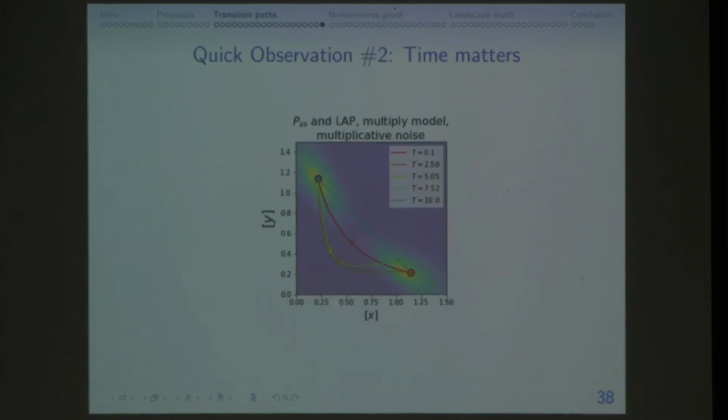Real quick, are you saying that it has to take exactly 10 seconds to get there? Or are you saying that within 10 seconds, what is the most likely path? It's a good question. Obviously, if you were to simulate the system, you would almost never find that it takes exactly 10 seconds. Maybe you could get it to do 10 plus or minus 1 second or something. So if you want to refine it, you'd say, if I have a cell that starts here and ends there within 10 plus or minus epsilon seconds, the path is going to be somehow close to the path that I have here. That's the way I might think about it.